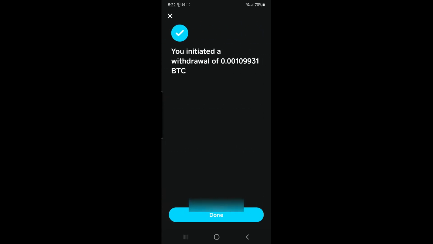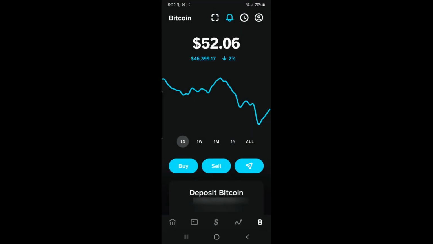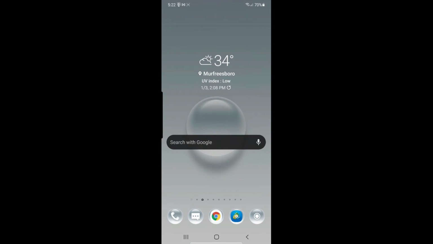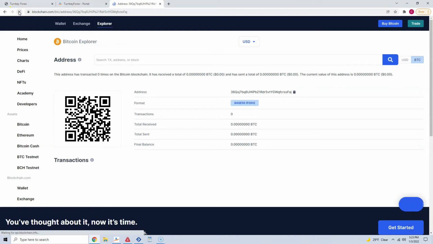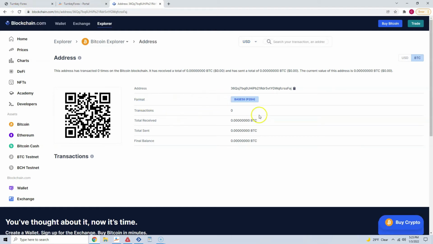And confirm send. And then it tells me I've initiated a withdrawal. Now we're done. So what I want to do at this point is go back to blockchain.com up here, and notice right here it says that this address has transacted 0 times, and it also says it's received a total of basically no money. That's because it hasn't gotten there from Cash App yet. So you can just refresh this. Cash App's probably going to take about 10 to 20 minutes to send that